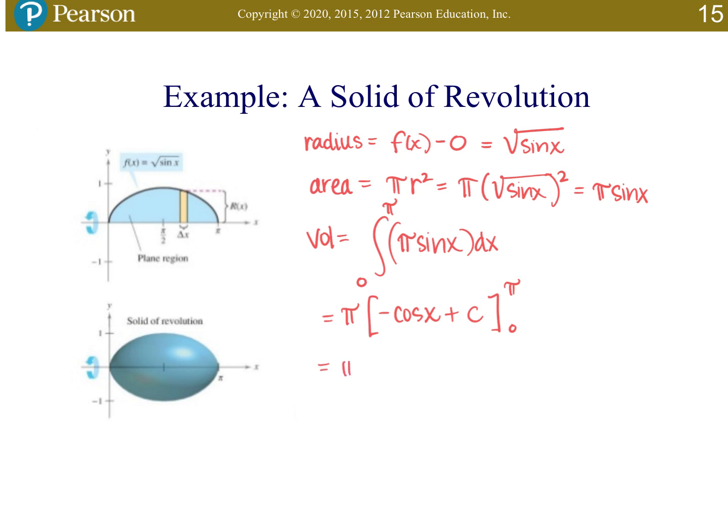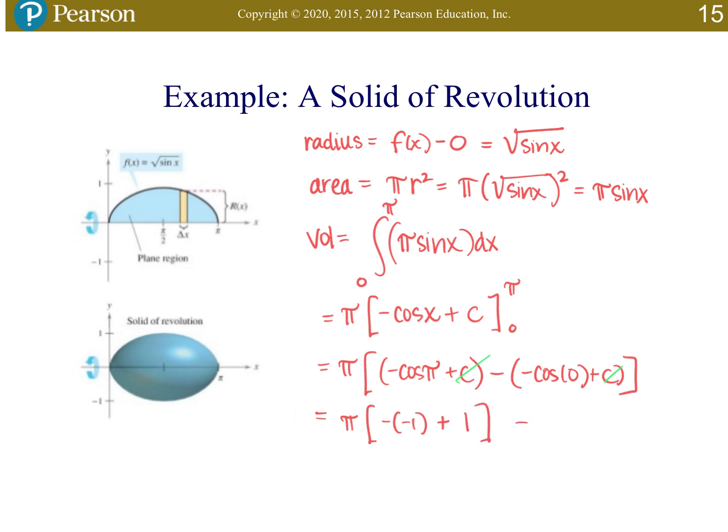And then as we evaluate this, we would have the negative cosine of pi plus c minus the negative cosine of 0 plus c. So the cosine of pi is negative 1. So this will be negative, negative 1. The c's are gone. And then it would be plus, because double negative, 1. So altogether, I have a volume of 2 pi